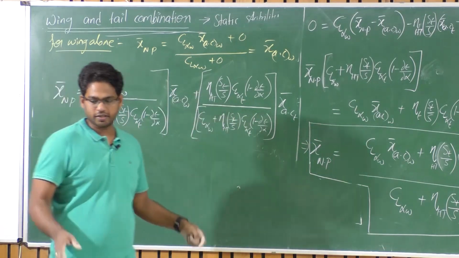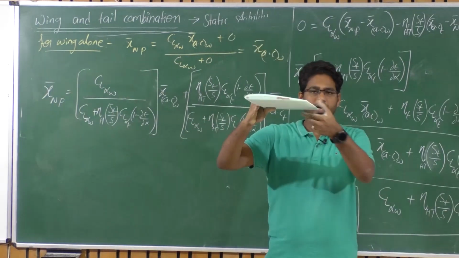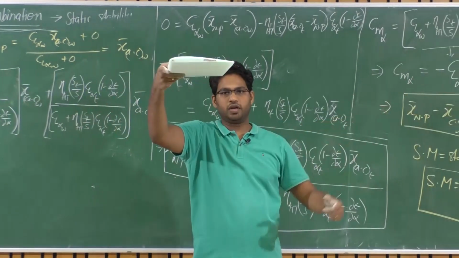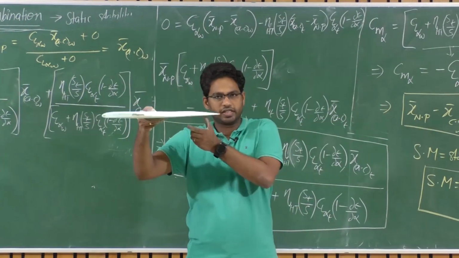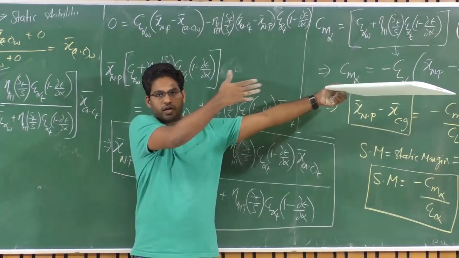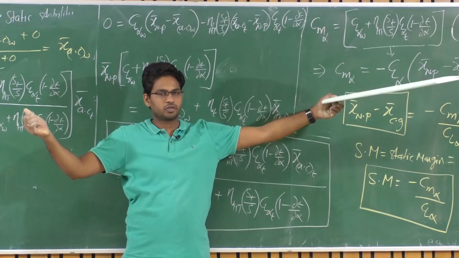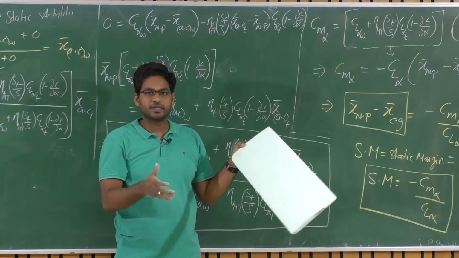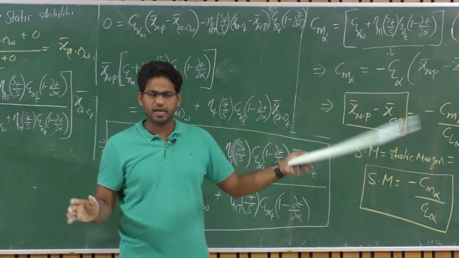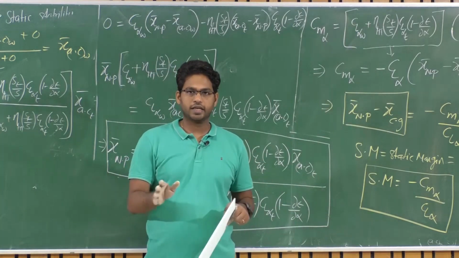So let's assume a case where I have a wing here. There is one wing. Let's assume an identical wing located far away, at a distance downstream. I have two such wings. Do you follow that? So the planform area is the same, and the CL alpha of those wings is the same. And assume that there is zero downwash. In that case, what happens?